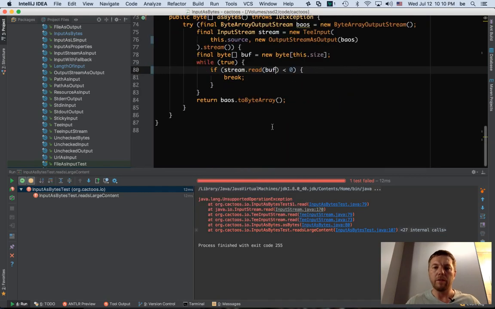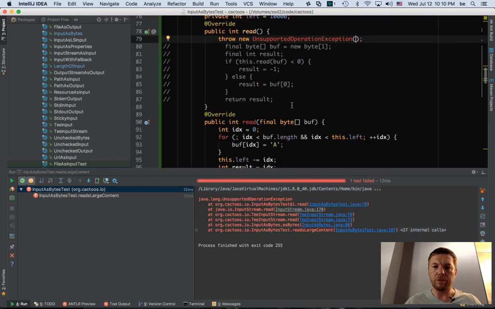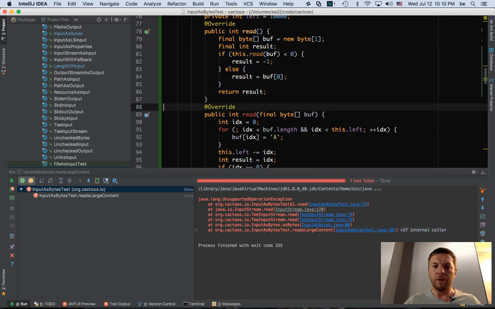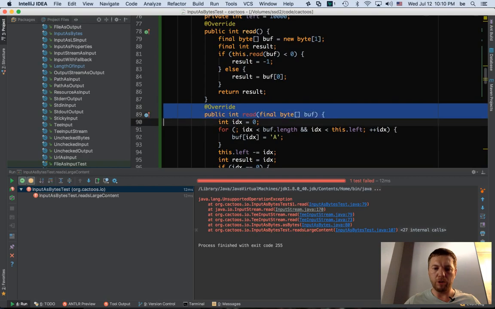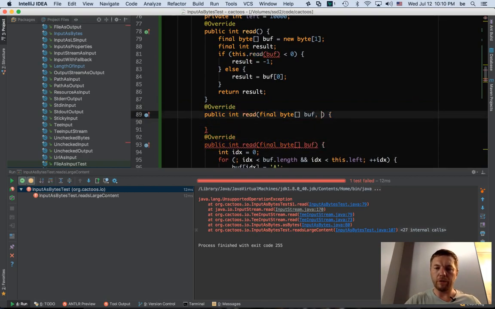Ah, I get it. Okay, so we need one more thing to do. It's not enough for the test. So this method is okay, but there's another one which is this one. We need to implement it as well. Final int start, if I understand, offset.